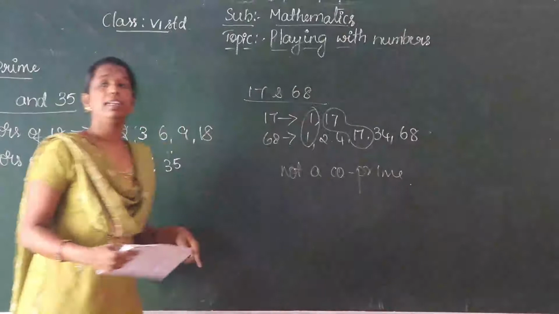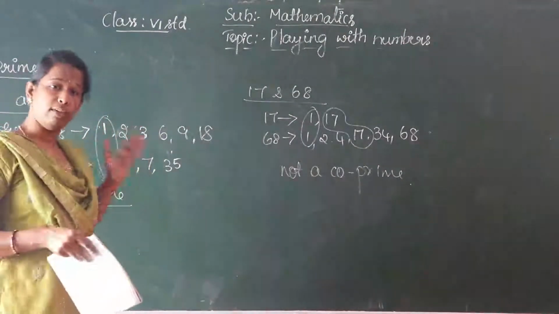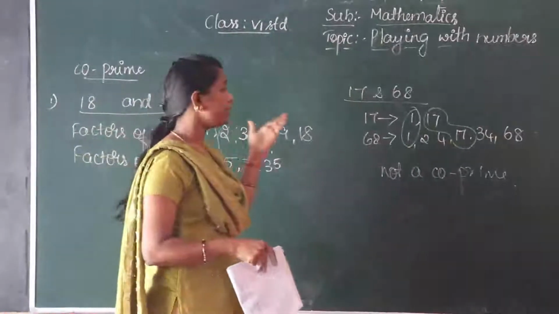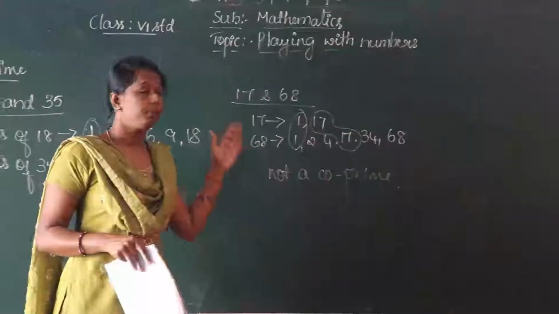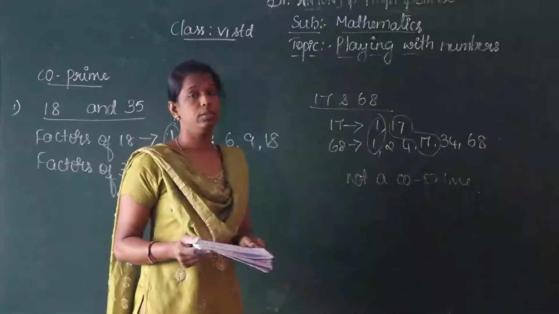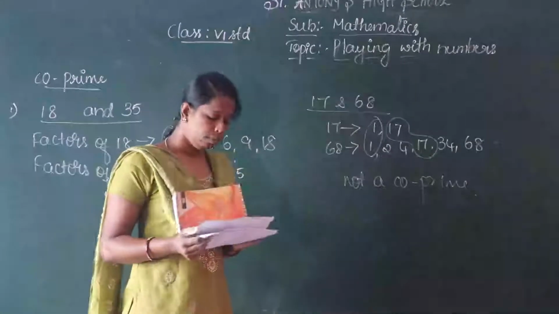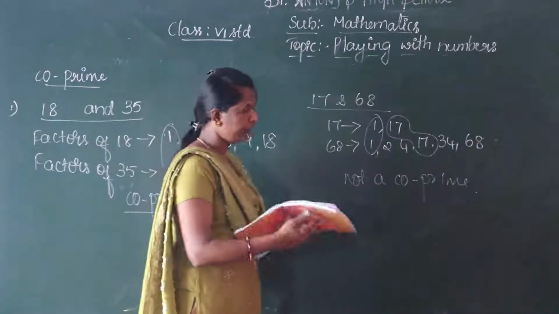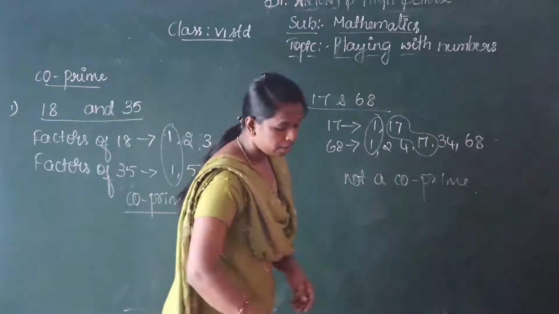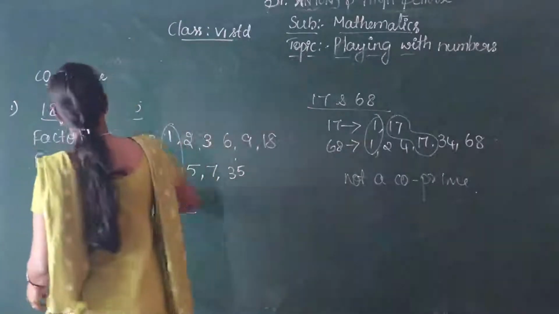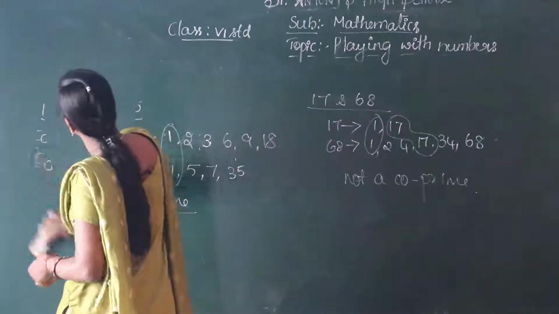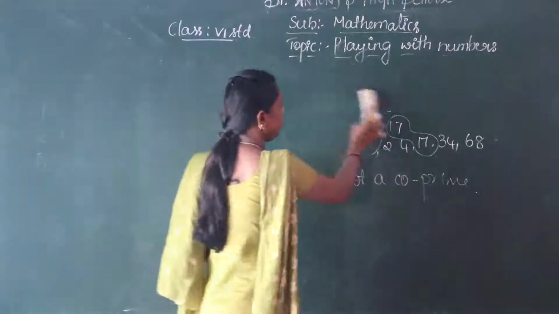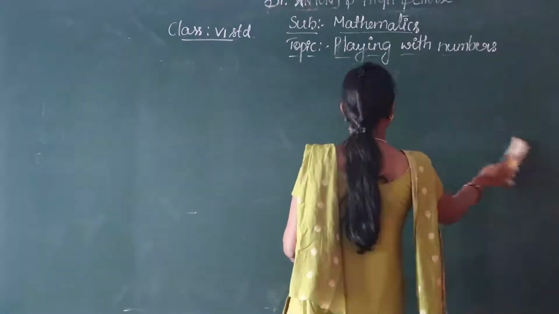Okay children, so we can easily find out: if the only common factor is 1, that is called co-prime numbers. If you get more than 1 common factor, the numbers are not co-prime. Next, prime factorization. In the previous class, in the 5th standard, you learned about the factors. The factors, you know,